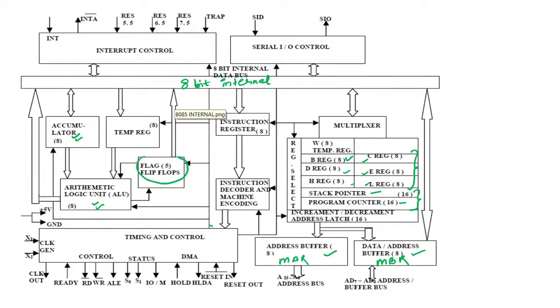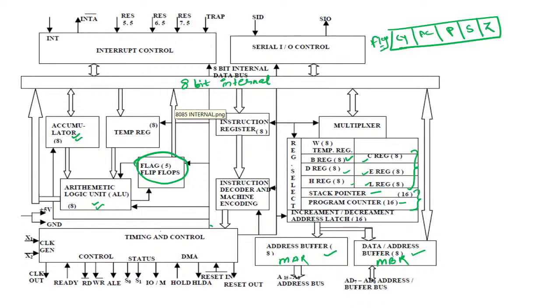Okay, we have a flag register. In this flag register we have 5 flags. For example, we have a carry flag, an auxiliary carry flag, a parity flag, a sign flag, and a zero flag. Okay, the overflow flag is not there in the 8085 microprocessor. Only these flags are available in the 8085 microprocessor. All these flags are 1-bit flags. They can be 0 or 1. Each flag can have 0 or 1, or you can say each flag can be set or reset. That's why this register is of 5 bits.